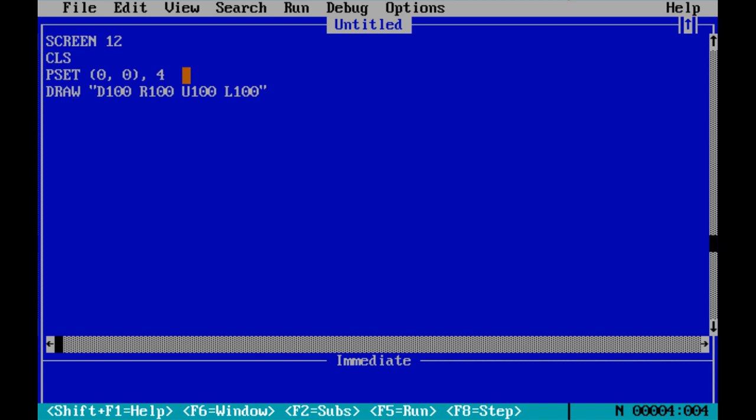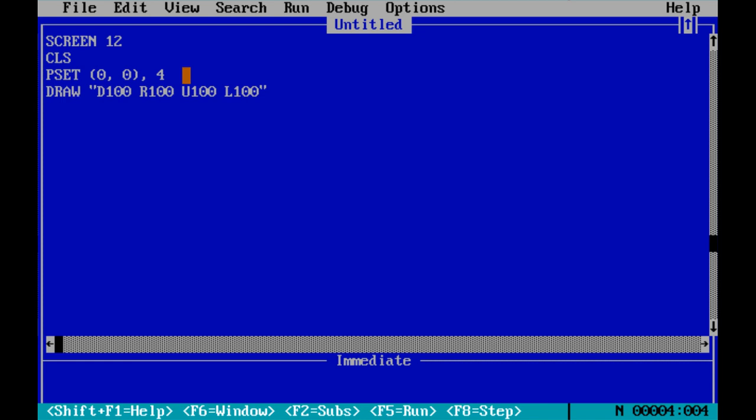U for up, D for down, R for right, L for left, E for upper right, F for lower right, G for lower left, and H for upper left.